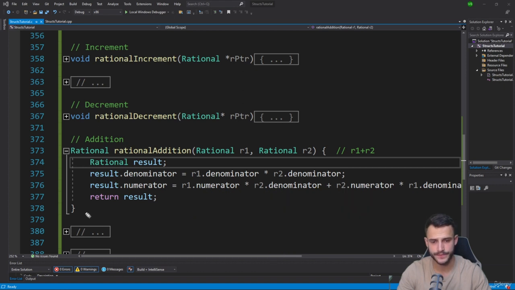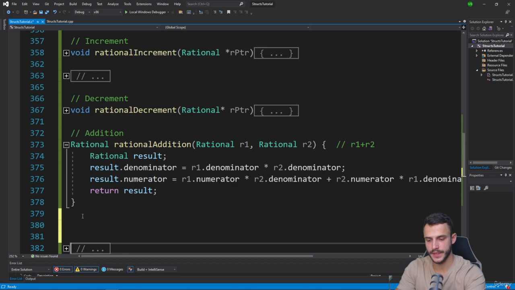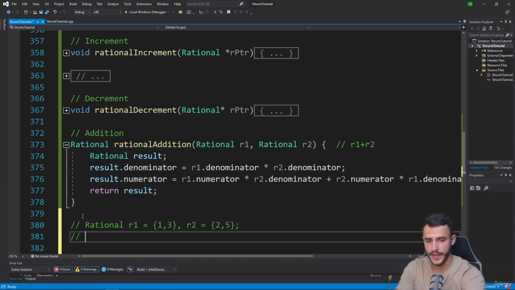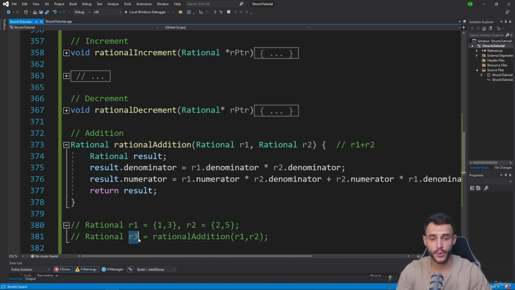So the function call itself for this part is going to look like this. Let me just show you. Suppose that you have created rational r1, which will be equal to 1, 3, and r2, which will be equal to 2 and 5. Then you will create rational r3, which will be equal to what? To rational addition of who? R1 and R2. That's it. And then in R3, there will be the result of the addition between these two